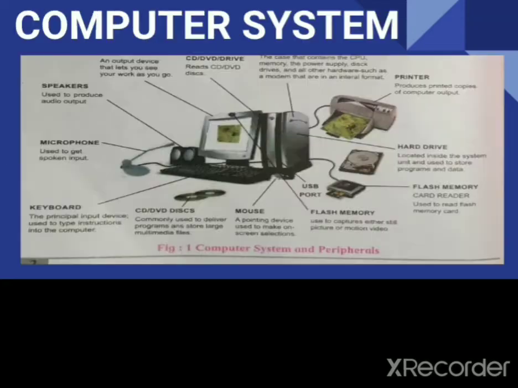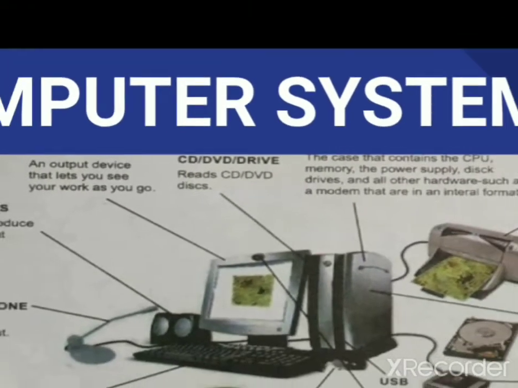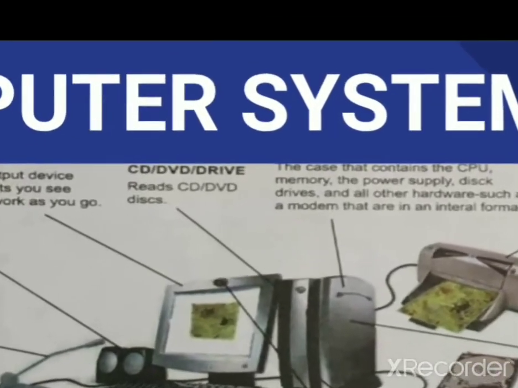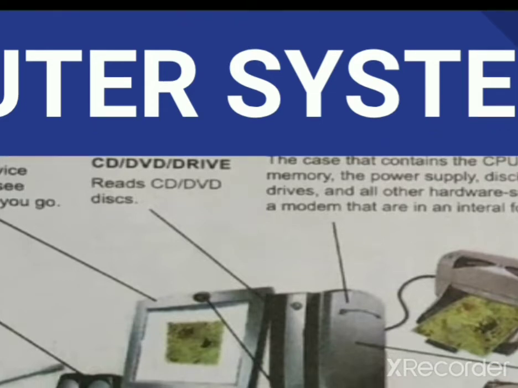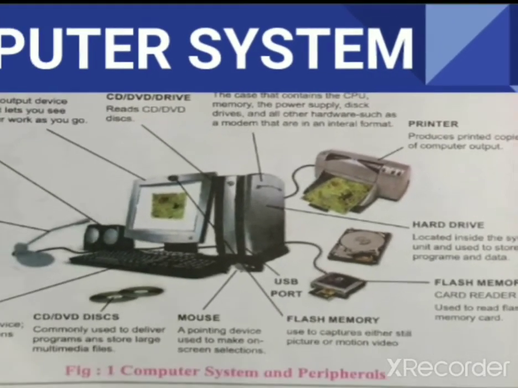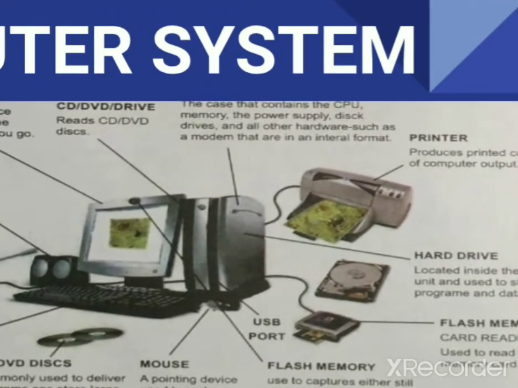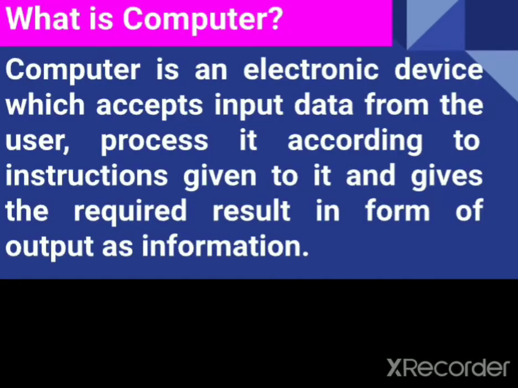Now what is actually a computer? So this is actually a computer. A computer system has a monitor, a printer, then we have speaker, keyboard, mouse. So all these devices are required. So that becomes a computer system, to take the input from the input device and give the result in the form of output. Now the final big definition we'll see in a larger one.